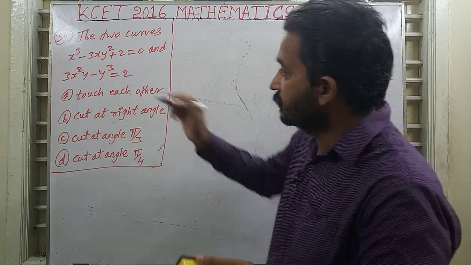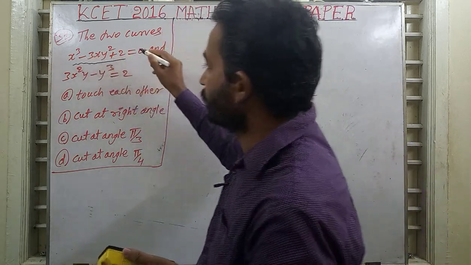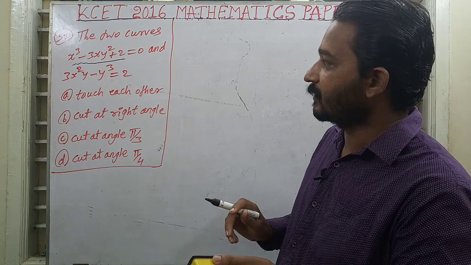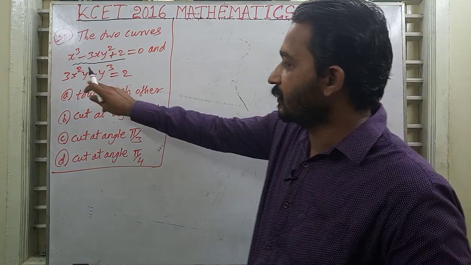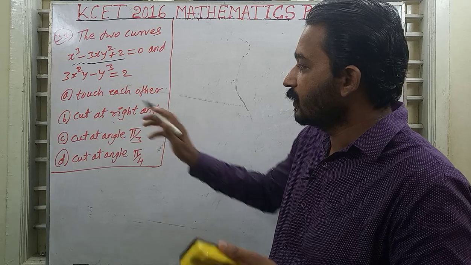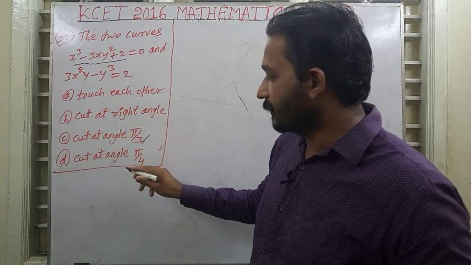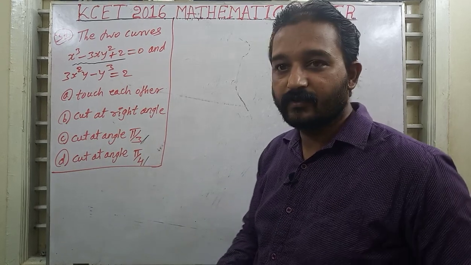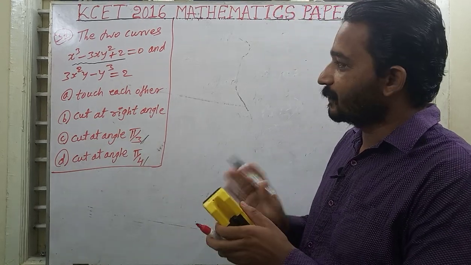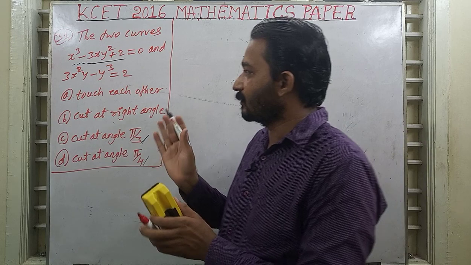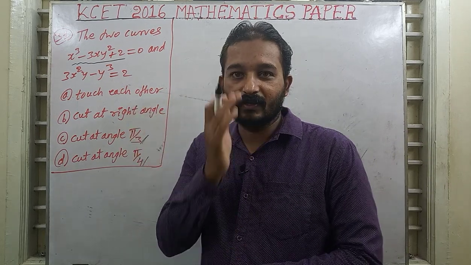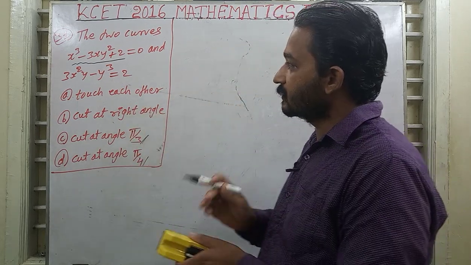The two curves x cube minus 3xy square plus 2 is equal to 0 and 3x square y minus y cube is equal to 2 touch each other, cut at right angle, cut at angle pi by 3, or cut at an angle pi by 4. So this is a repeated question. They had this question in KCET 2015. So solve this question by using